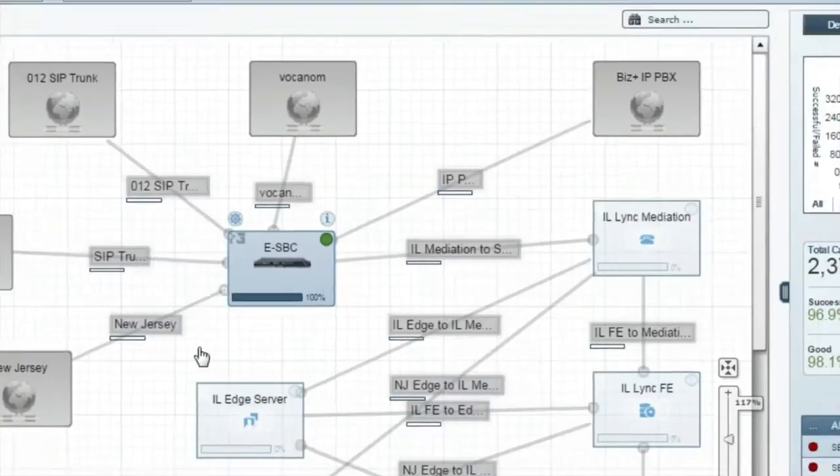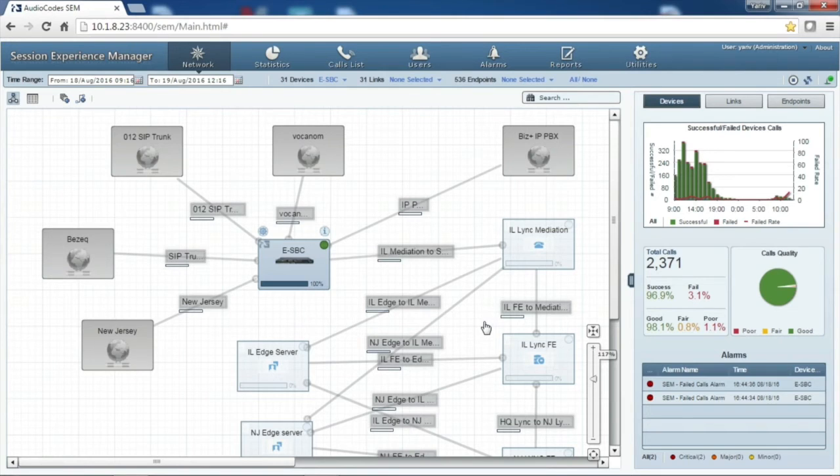I can see that the entire view has grayed out and the dashboard data changed. Yeah, the entire topology view and the dashboard now show only the relevant information for the chosen device. This enables the user to focus solely on the problem. Does this impact other screens? Yeah,